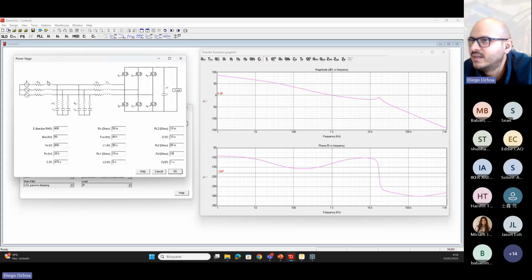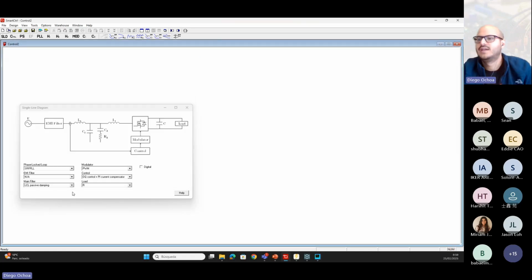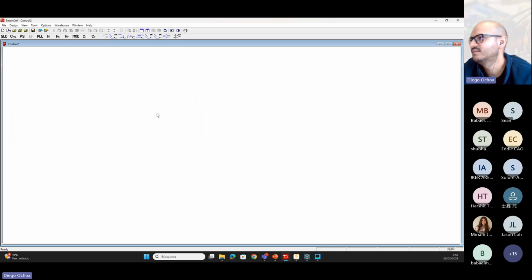In the power stage, you can also change the value, for example the resistance, click on OK, and you can see how the resonant peak increases or decreases. So this is a very useful option to design the control loop for the LCL filter. So that's it. If you have